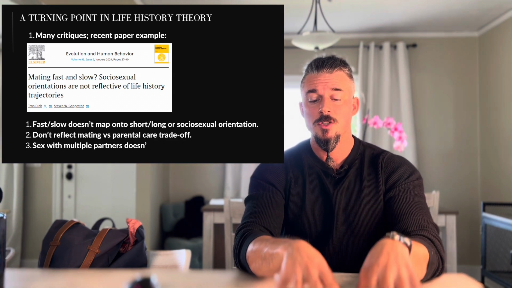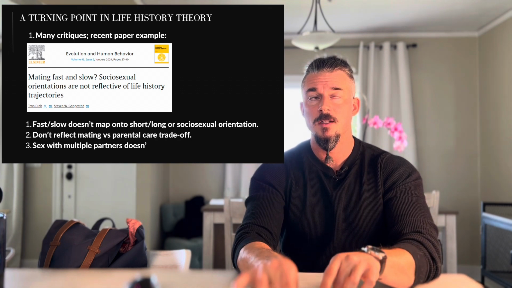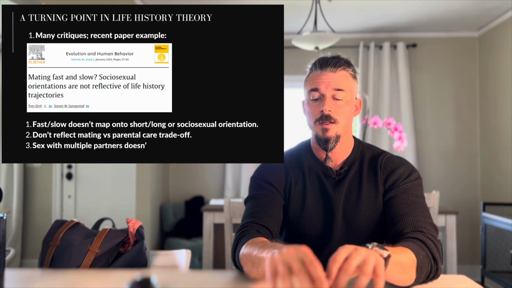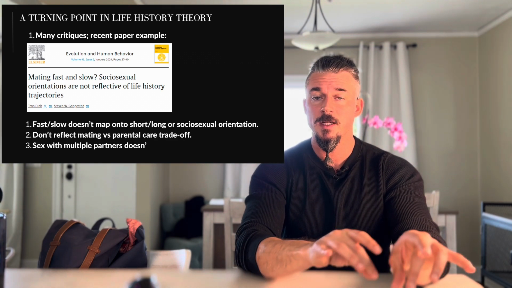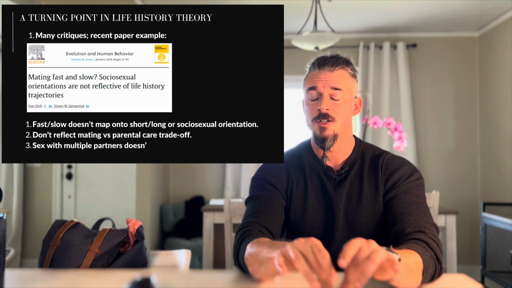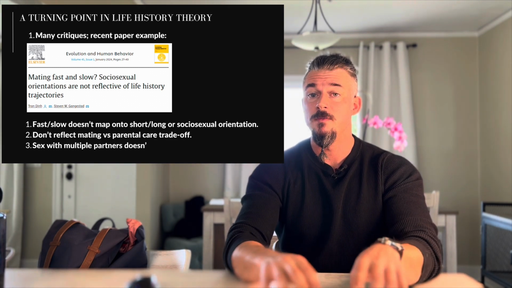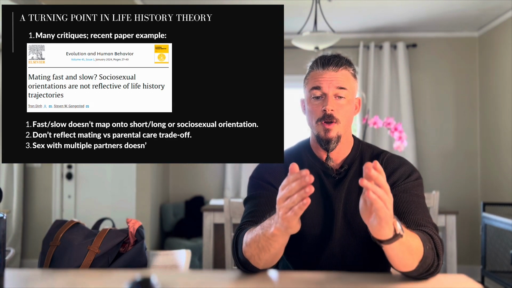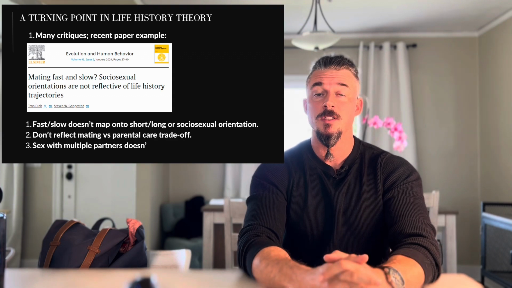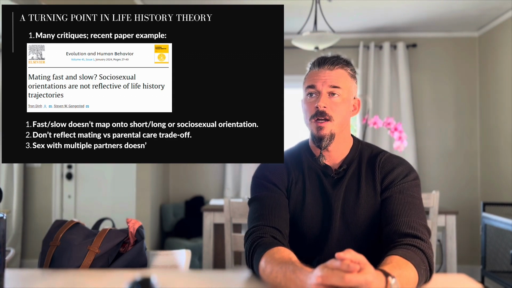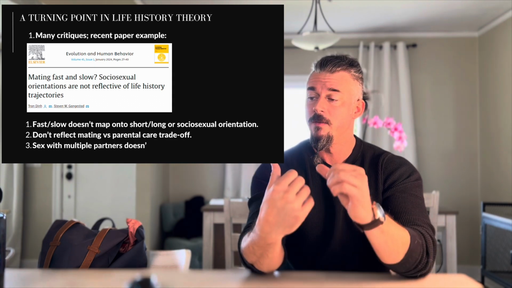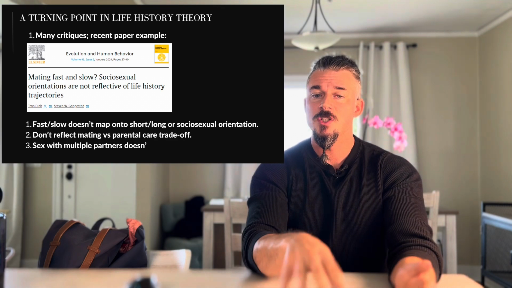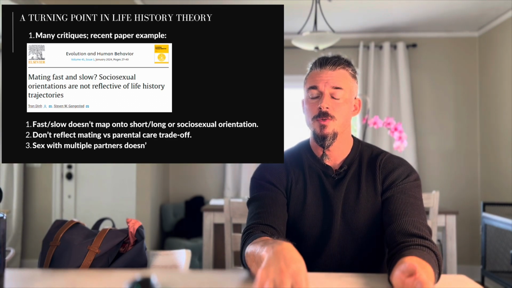They're saying, okay, sociosexuality, fast versus slow life history strategies are not related to short versus long-term mating, right? So to reiterate, short-term mating doesn't predict fast life history strategies. Long-term mating does not predict slow life history strategies. We've tended to think of the two as almost synonymous, right? Like, you're short-term mating oriented, you're a fast life history strategist. I know this is something I've said myself many times on this channel, but of course, new evidence, new debates, those kinds of things. I'm going to tell you that side of it as well. So fast, slow, it doesn't map on to short or long-term sociosexual orientation, right?